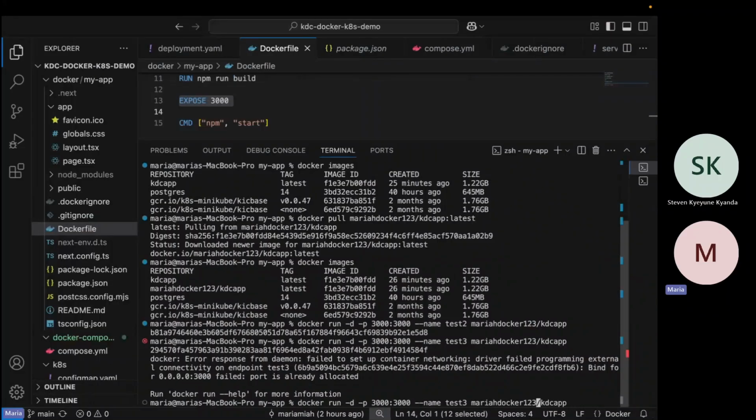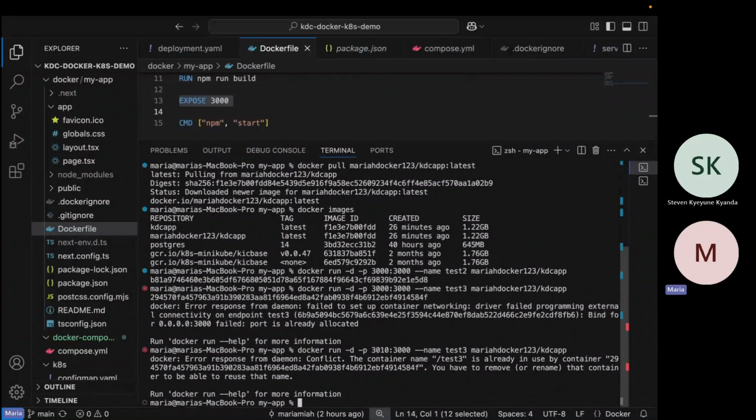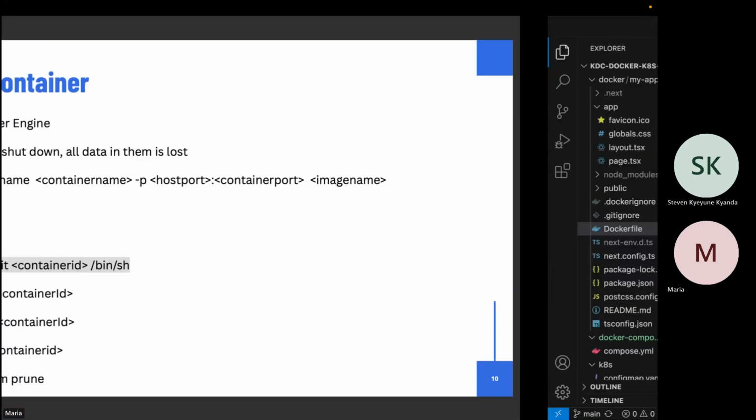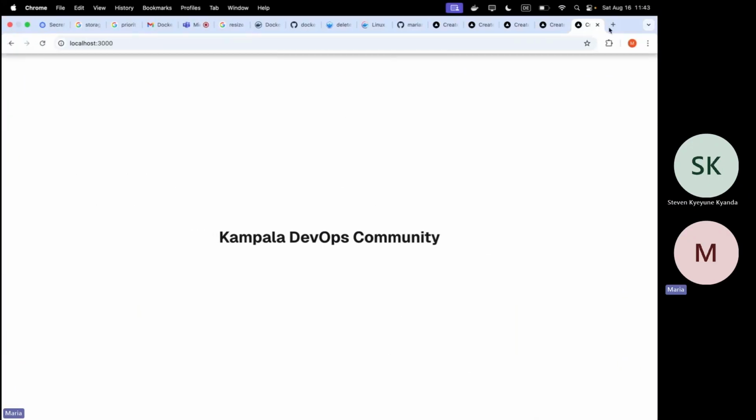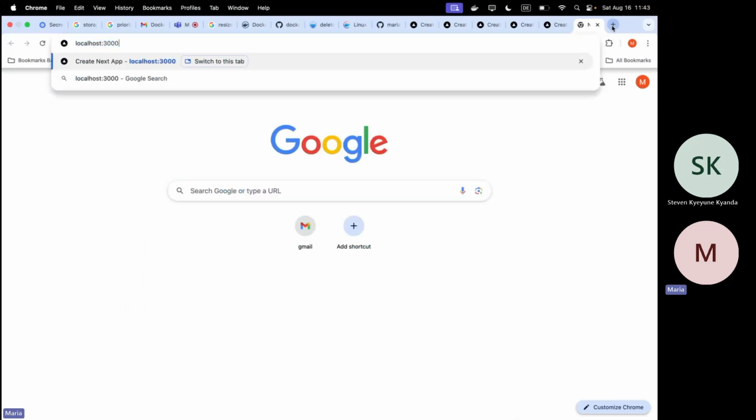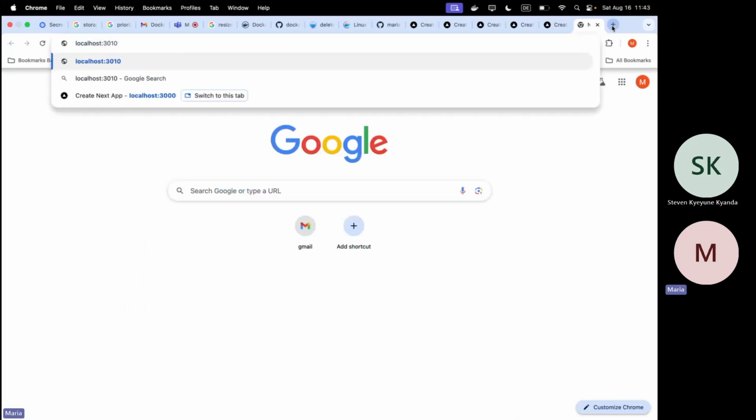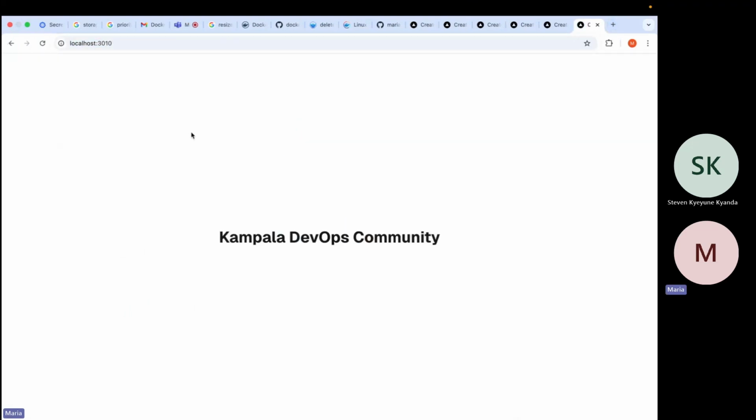So I'll change that to 3001, or 3010. Okay, there is another container named test3, so let's call it test4 with 3010. And if I try to access localhost 3010, it should show the same thing.